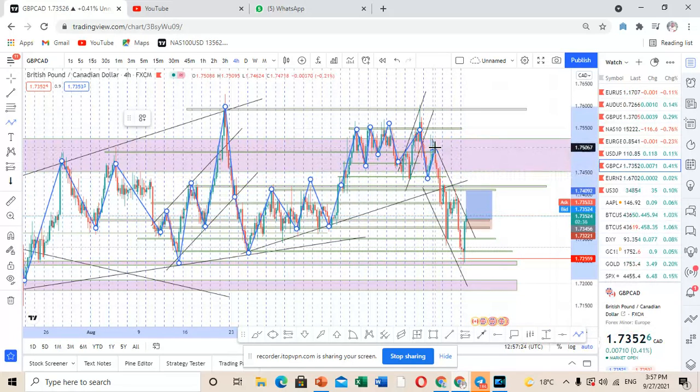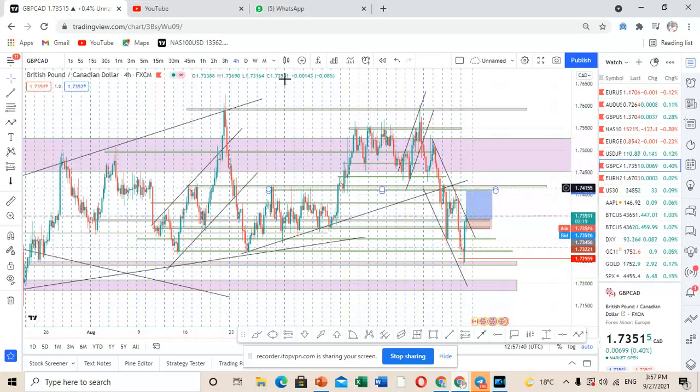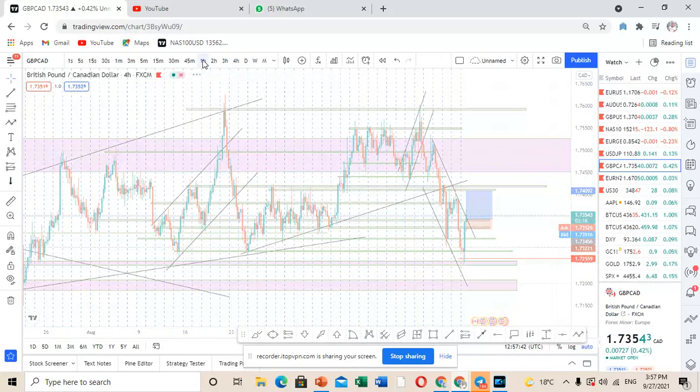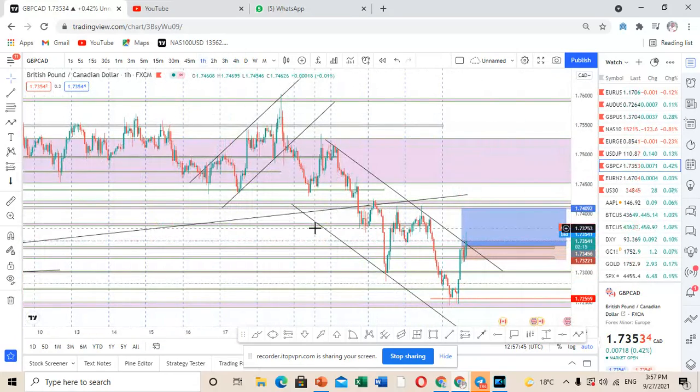created a point of support, retest, and then we had a move to the downside, a move to the upside, a move to the downside again, a move to the upside, a move to the downside to this particular point of support. Currently, we are at that level, and we're expecting that the market is going to move to that level. So it is a lot to take in when it comes to GBP card, but it is also easier to understand. So looking at the market from the 1 hour time frame,